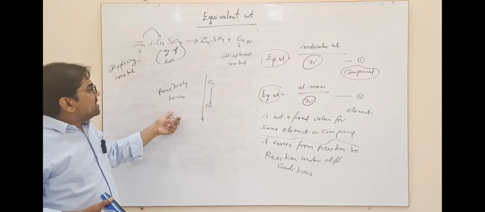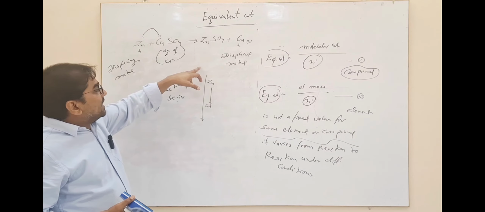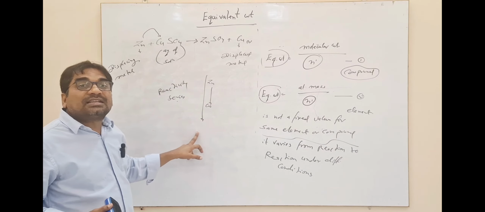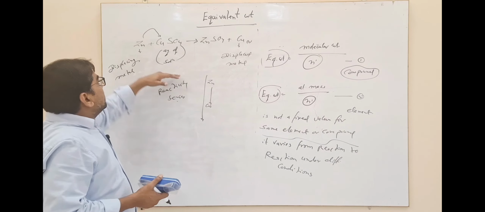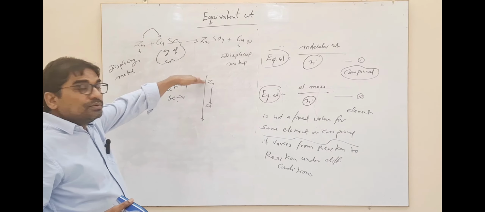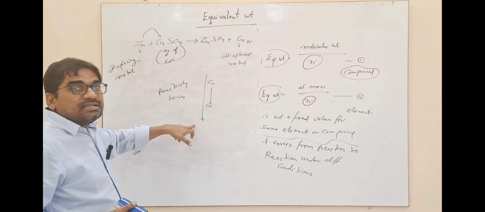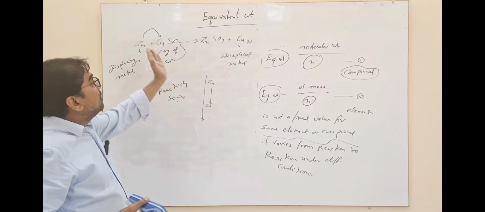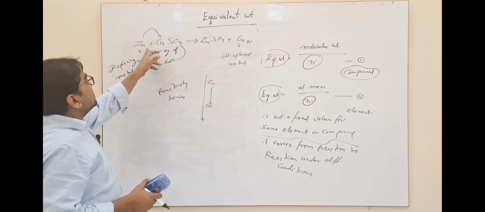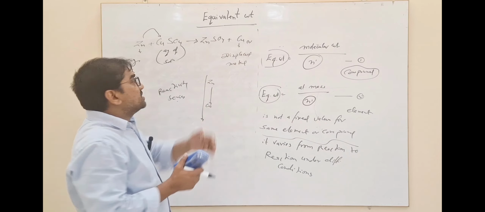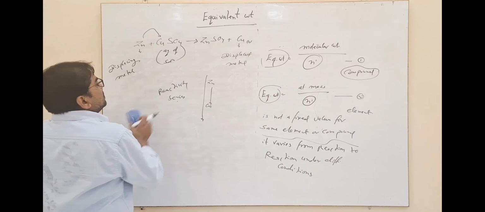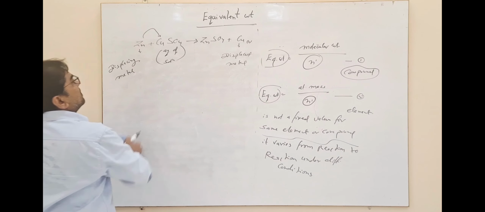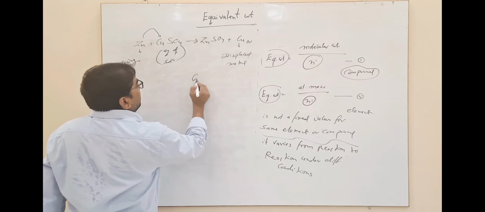In the reactivity series, from top to bottom, reactivity of the metals decreases gradually. Here zinc is placed above copper in the reactivity series. That's why zinc has the ability to displace copper from its salt solution. It's a type of displacement reaction. You will also study this displacement reaction of zinc and copper in galvanic cell,